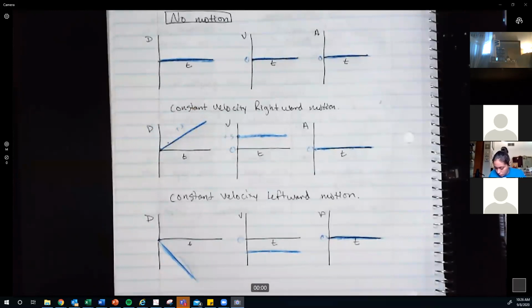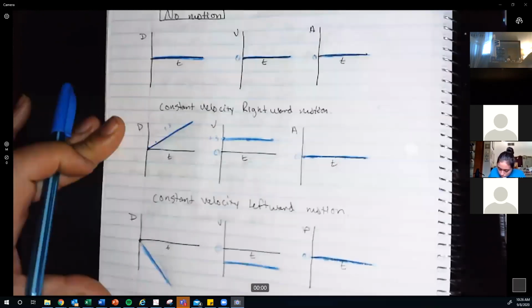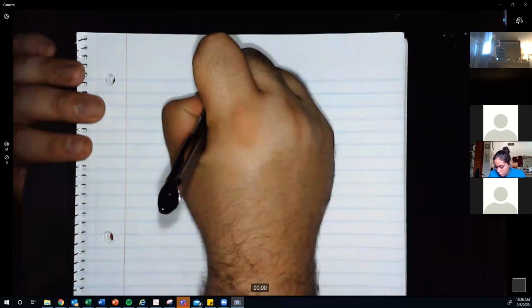Okay, so any questions on non-accelerated motion? This is all if it's not accelerating. All right, so let's move over to what if it is accelerating. So what if this is actually speeding up and slowing down? So looking at accelerated motion graphs,